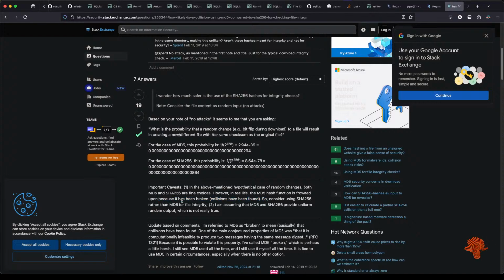Yeah, we're not looking at that. For file integrity,